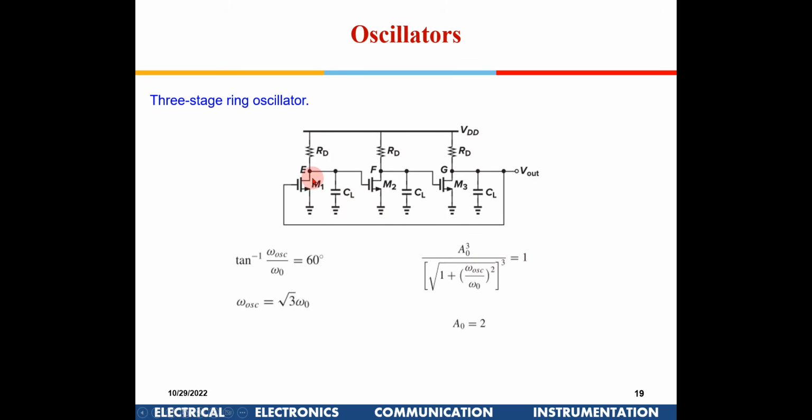So obviously a minimum of 3 poles is required. So I have this one, this one, this one. I am giving a feedback here, right? In the earlier case, we said for stability, gain should be less than 2. Here I am going to say the gain A0, that is GM into RD, GMRD should be equal to 2 in this case, or 2.01 or 2.1, something like that, for the oscillations